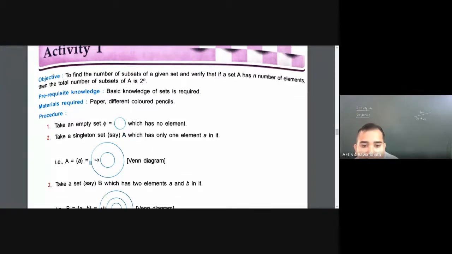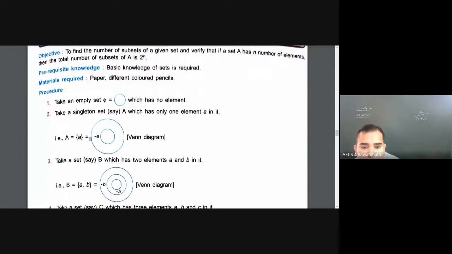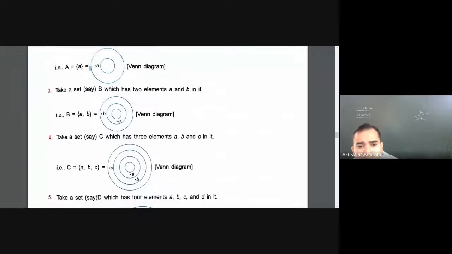Let it be within braces A. Then we take another set in which there are 2 elements, A and B. Then we take one more set in which there are 3 elements, and they are drawing concentric circles. Circle within the circle, like this they are showing. In the innermost circle you can see there is no